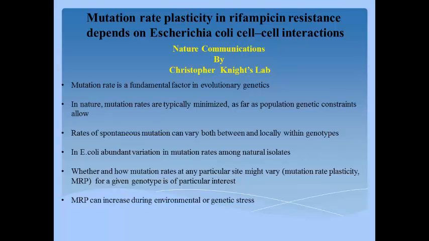MRP can increase during environmental or genetic stress. Using E. coli, authors identify plasticity in the rate of mutation to rifampicin resistance. Authors determined mutation rate plasticity in E. coli K12 using fluctuation assays. These assays identify mutational events in the RPOB gene by counting cells resistant to the antibiotic rifampicin arising in the absence